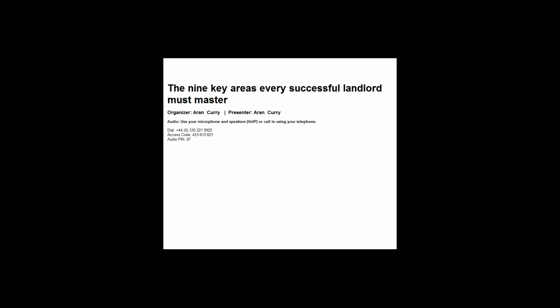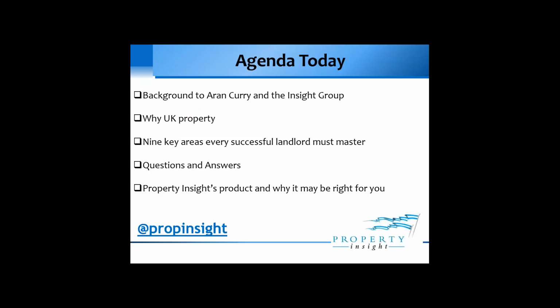So I'll give you a very brief background to me and the Insight Group. In fact, because just about everybody's heard that, I'll do that incredibly quickly. I'll very quickly cover why UK property. Again, I'm going to assume that you understand some of the benefits of investing in UK property already. I'm not going to do that in detail today. Today is all about that third point, which is the 9 key areas that I believe every successful landlord must